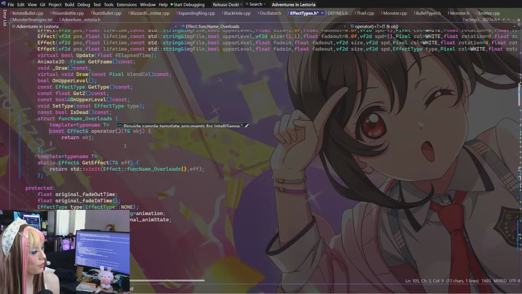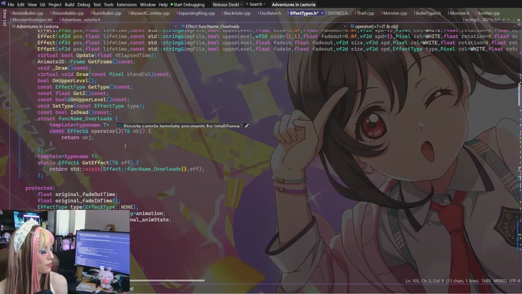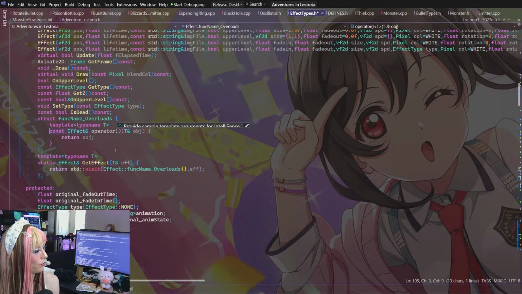I wonder if I should auto it. Maybe I should auto it. But then we have get effect as well, which also returns a static effect reference. I feel like that one should also return... Like, I don't know why I'm not using T here. It's kind of weird.